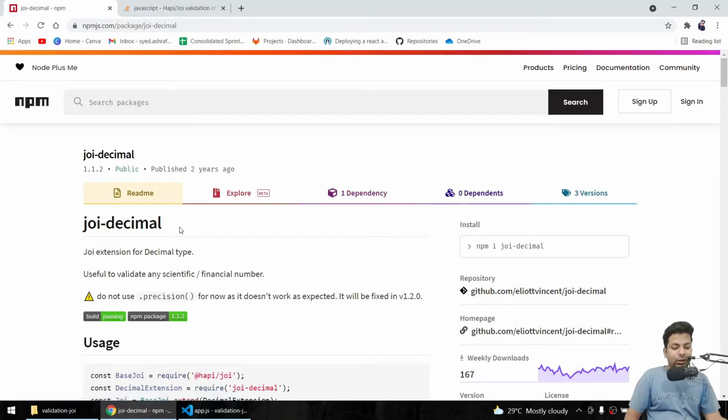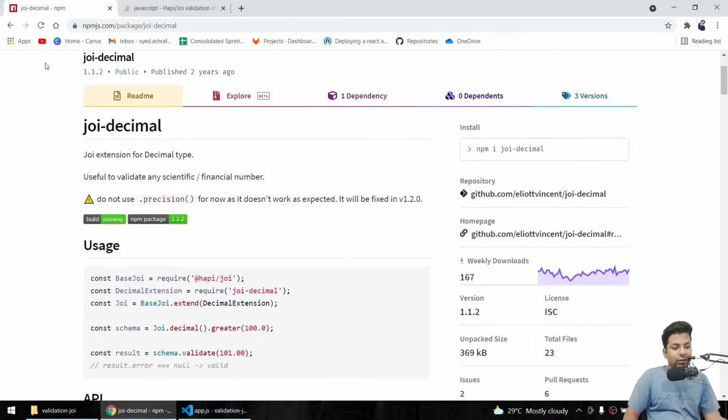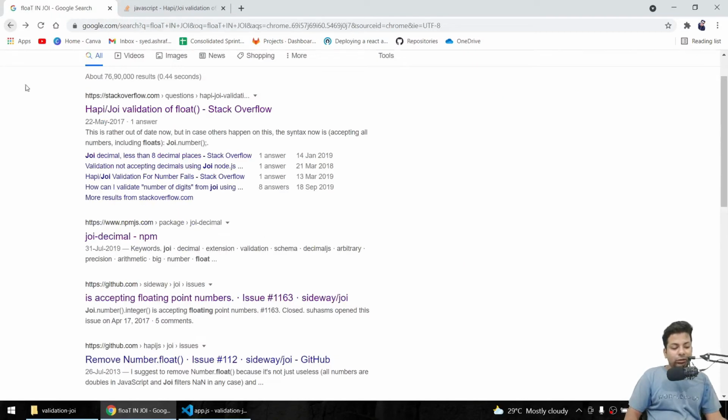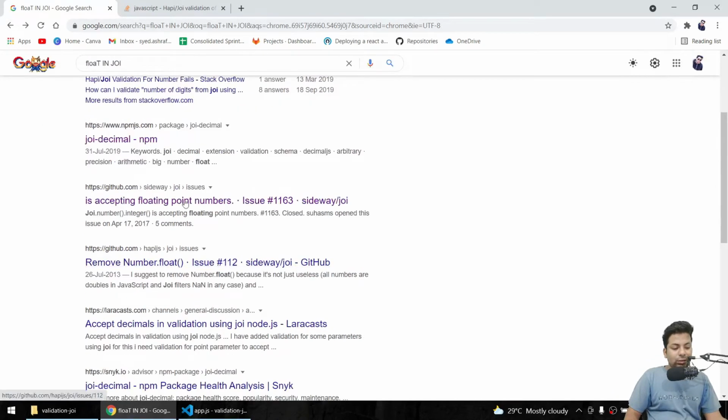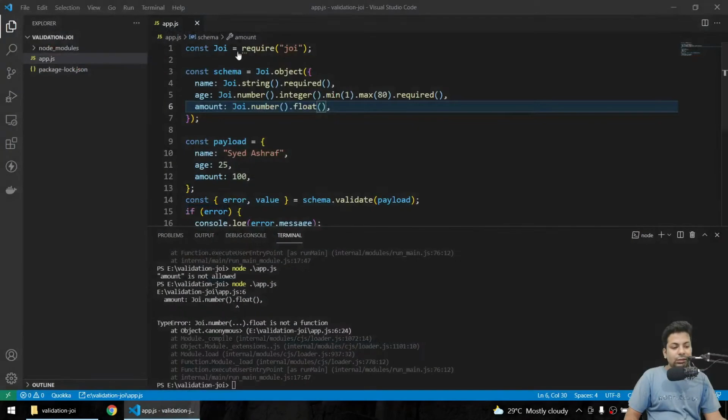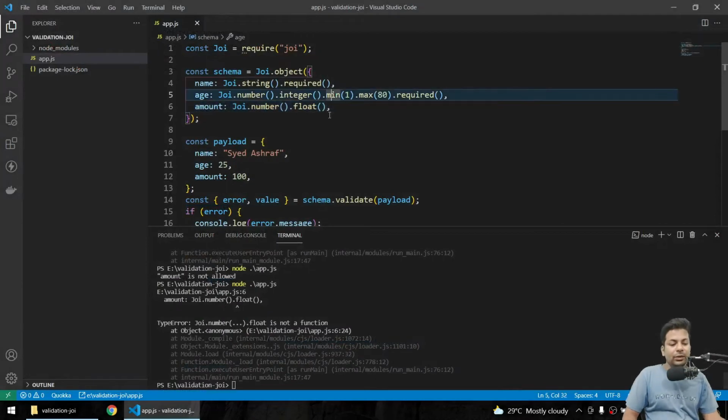So it doesn't matter for us. You can use precision also, but it says precision for now doesn't work as expected. So maybe I'll tell you about precision afterwards, you can't just use it here. So floating is not acceptable anymore, you just have to write number. It should be a number.